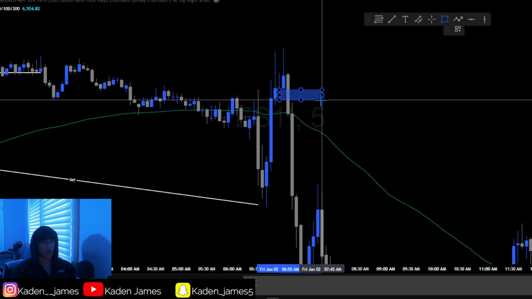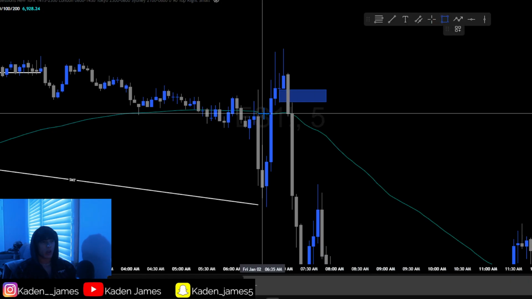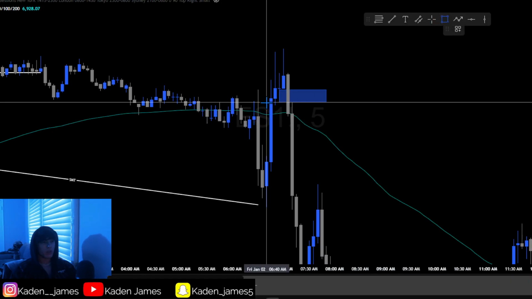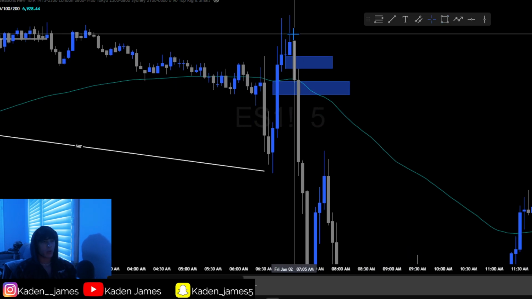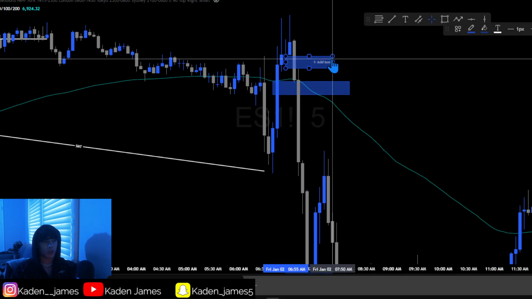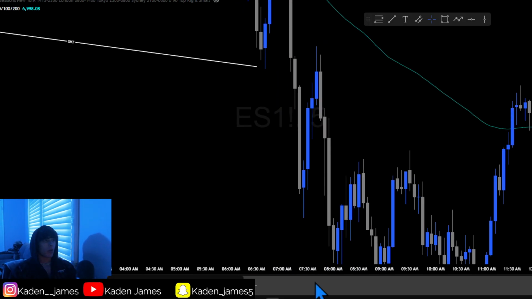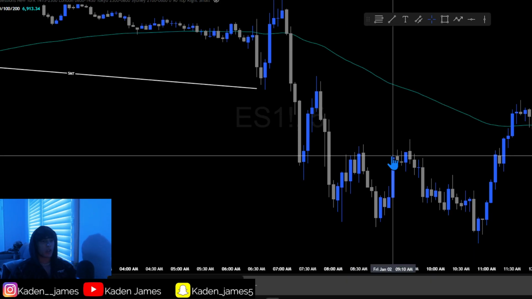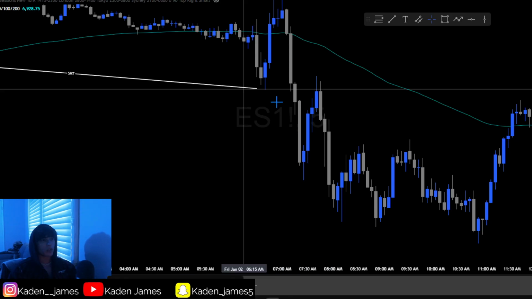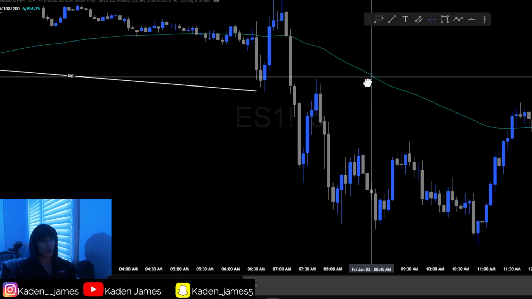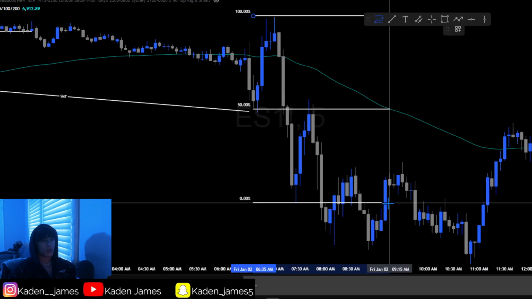We have a fair value gap here, excuse me, and then an inverse right here. Inverse right here. You probably could have entered around here. Stops would have been here, and then you just would have taken it all the way. Realistically, when it's like this, I would wait till I get a 15-minute candle that's red, or that's in the opposite direction, or I mean just come here, and then look, it goes here,